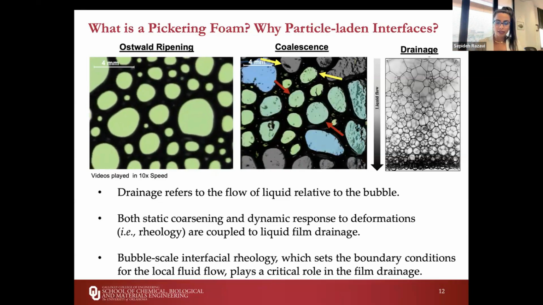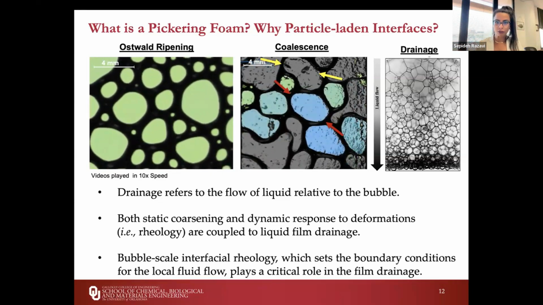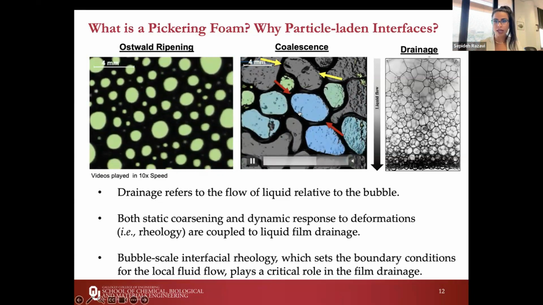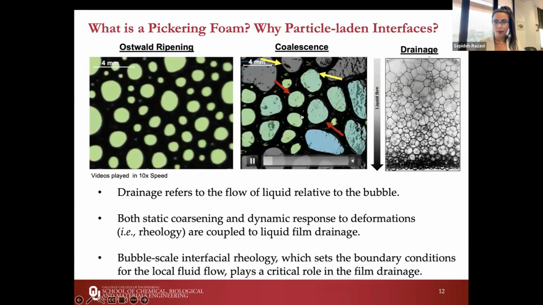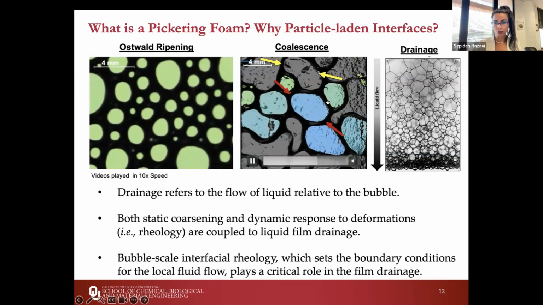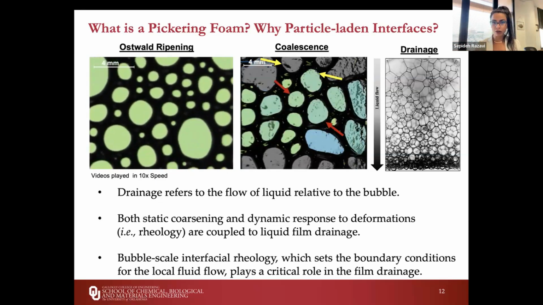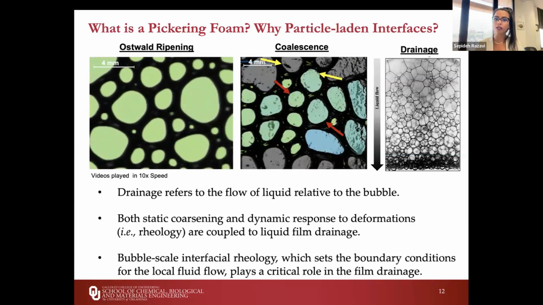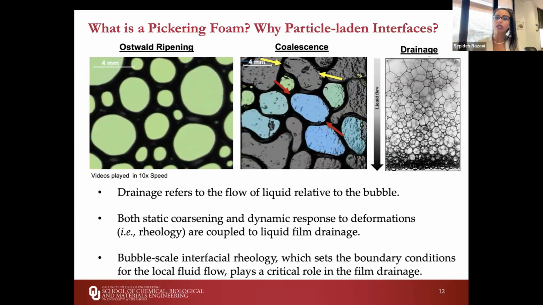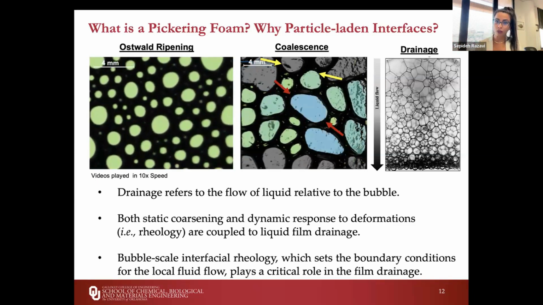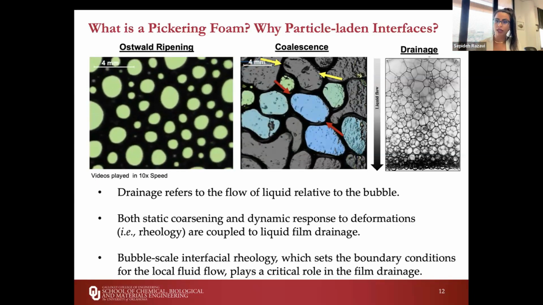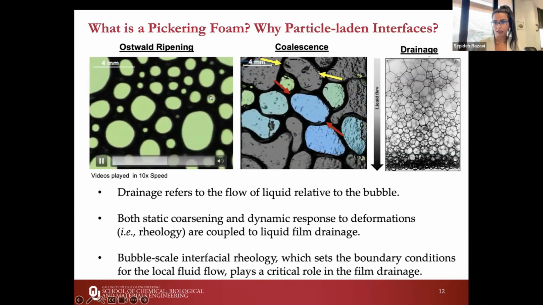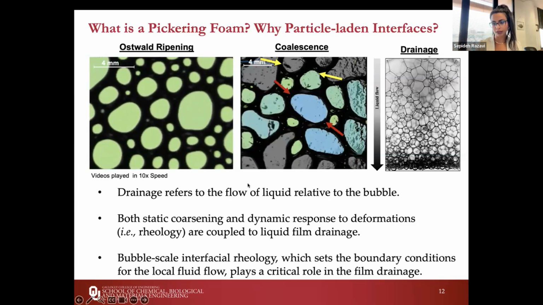So in all of these cases, as you can see, I'm talking about the flow of fluid as well. So it's important to understand how this liquid film is going to move. And therefore, understanding what's happening at these interfaces is crucial to determining the flow of fluid, because the properties of that interface and its response to flow, in other words, its rheology, is going to set the local fluid velocity close to that boundary. And that's what we set out to do, to really understand what is happening at these interfaces as a function of different stabilizers.